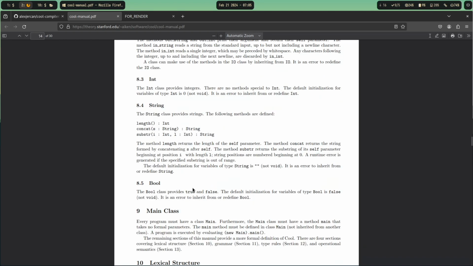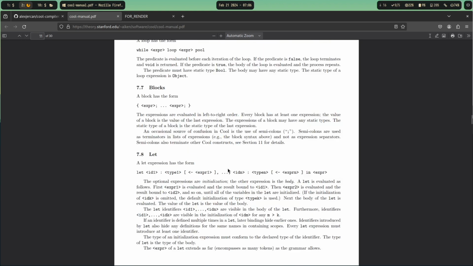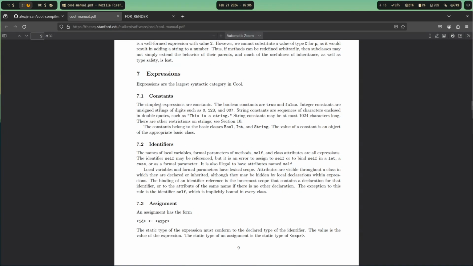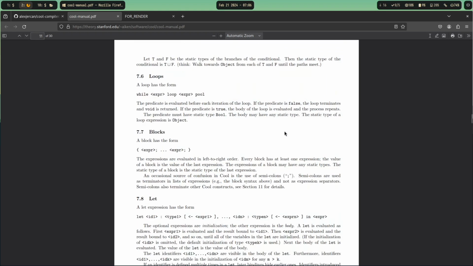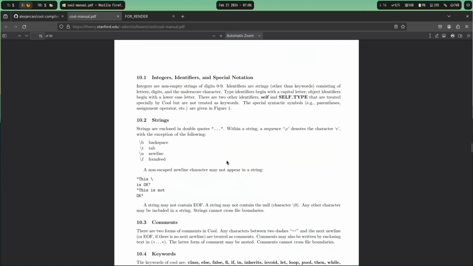And I'm pretty sure there was something with string length. There was a section for constant values. So, oh, it was here. Yeah, basically strings cannot be longer than 1024. But it's pretty weird that they put this condition here and then other conditions here. It should be in one place. Anyway,